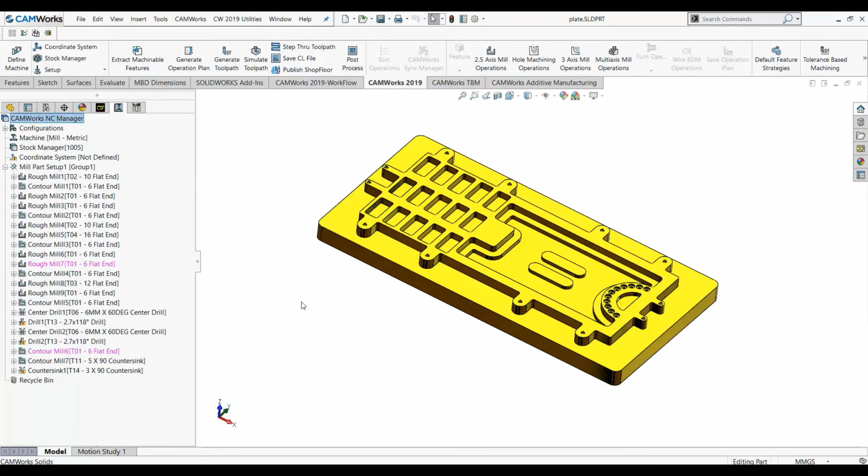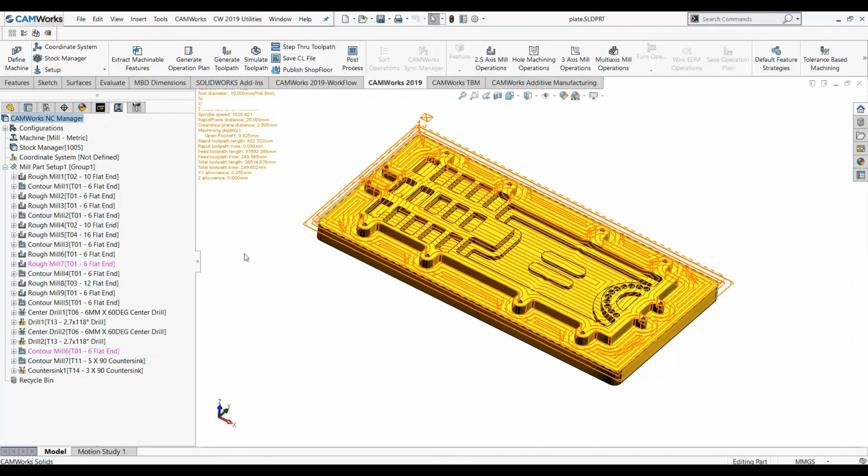Right, so this is just basic information on how the software works and what the user interface is. In later videos we will study in depth how these toolpaths need to be made, what parameters need to be set, and all that stuff. So that is it for today's video, wherein I hope you have understood the user interface of the CamWorks software.